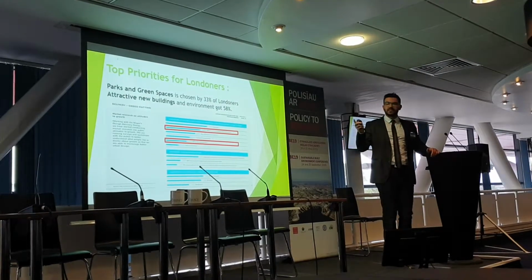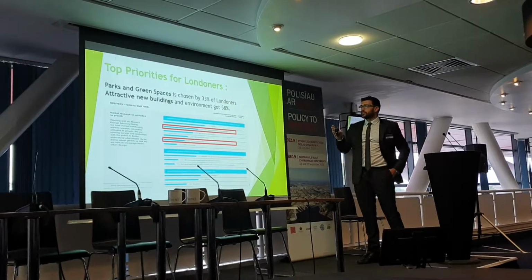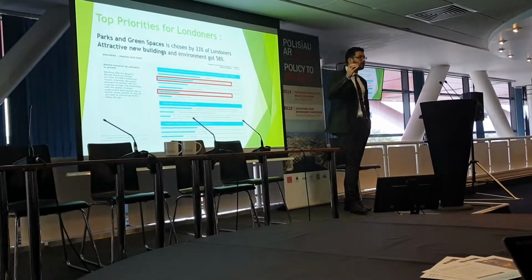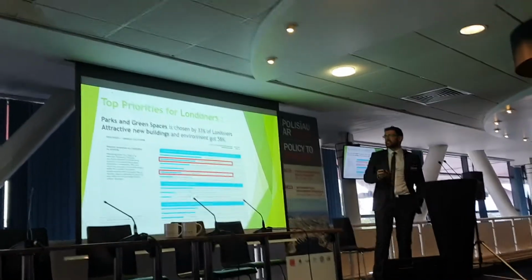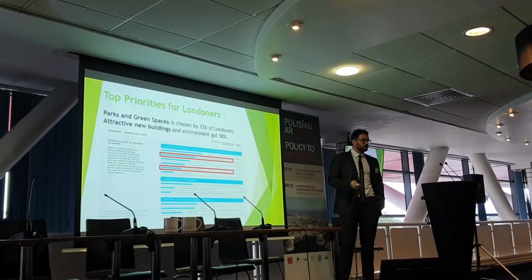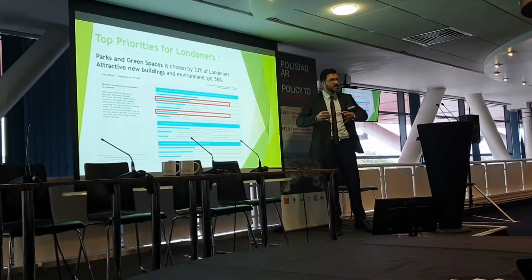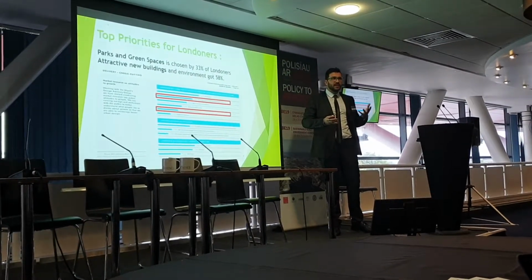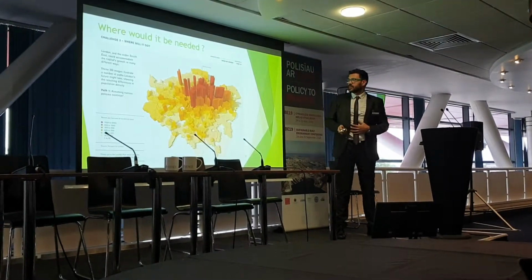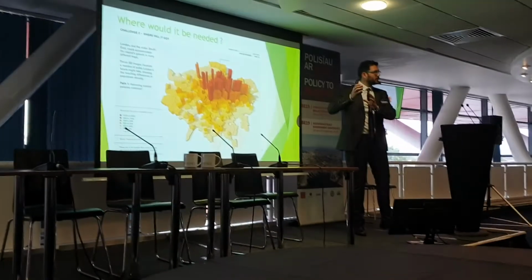When I look also in the same research at what people are looking for, the top priorities for Londoners are more parks and green space, which 33% of them really need, and attractive new buildings and environment, at 58%, almost 60%. So I thought about why we don't mix both of them and see different alternatives. Instead of just greening with trees, maybe making green facades as a living wall or living facade. What other alternatives can we have? That's why, to see which places are the top priority to apply green systems,